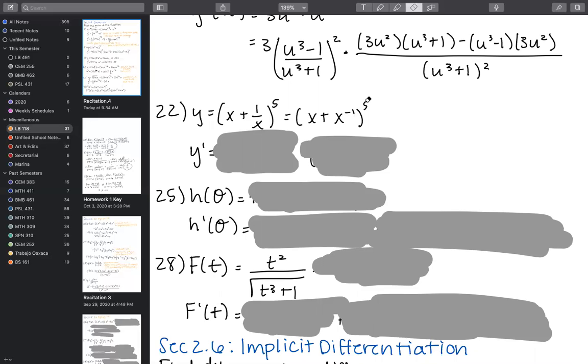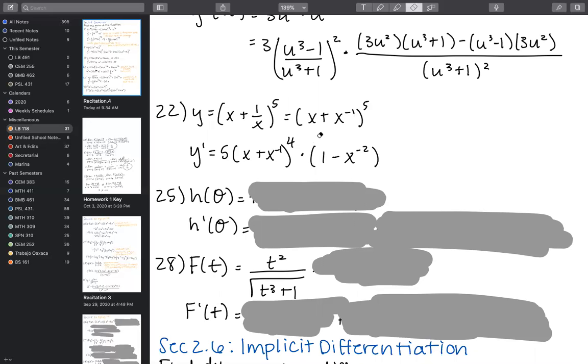So we're going to start with the power rule on the outermost aspect of the derivative, which will be the power rule with the power to the 5th, and we will drop the 5, reduce to 4, keep everything on the inside the same, and then multiply by the derivative on the inside once again.